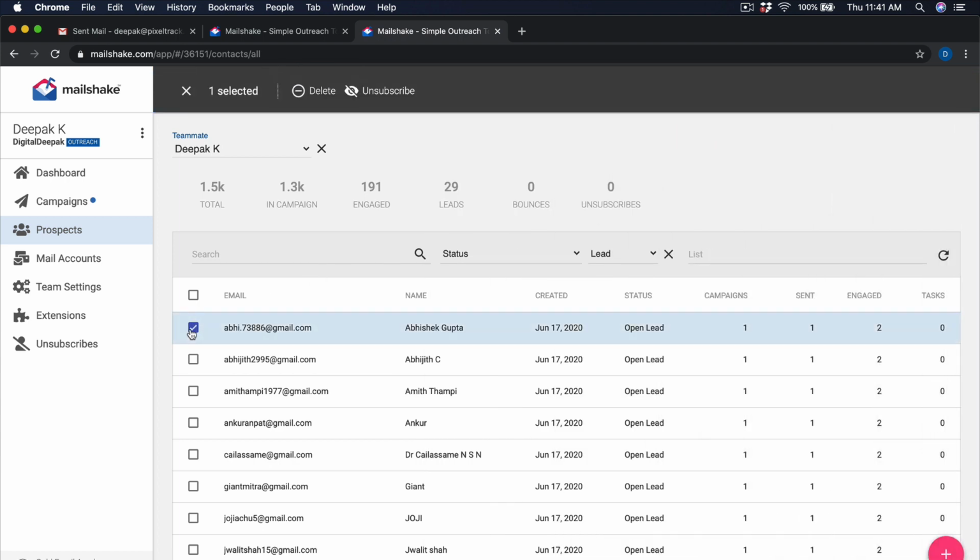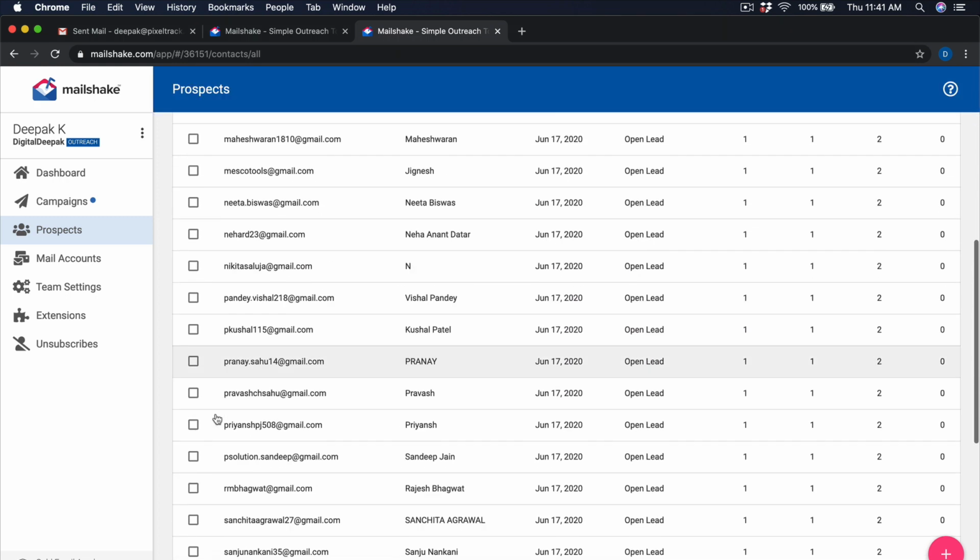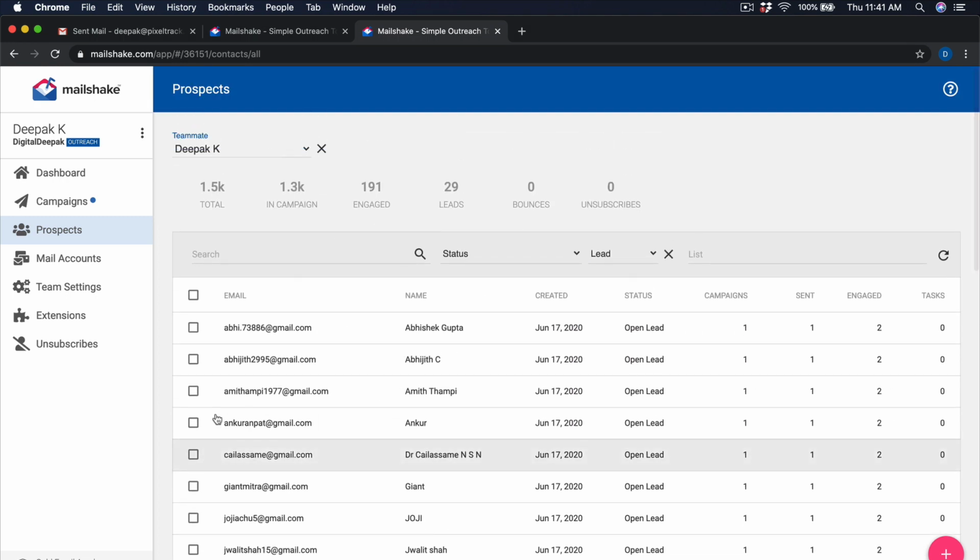So what I can do is go ahead and delete or unsubscribe this email as well. But now I have a clear idea of the people who have actually replied to my emails. If I am reaching out to a bunch of people, only the people who reply to my email can be taken as interested prospects. And I can also add phone numbers of these prospects in the database and reach out to them using a sales call. And you can also add these emails to a separate CRM like Pipedrive,